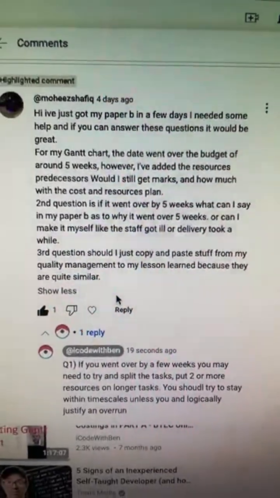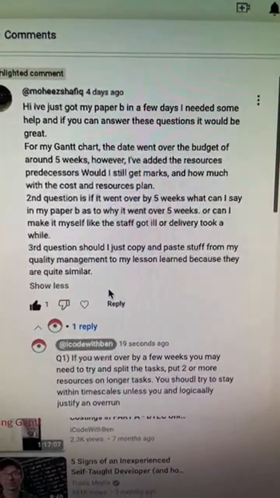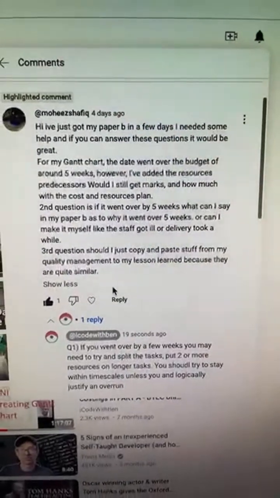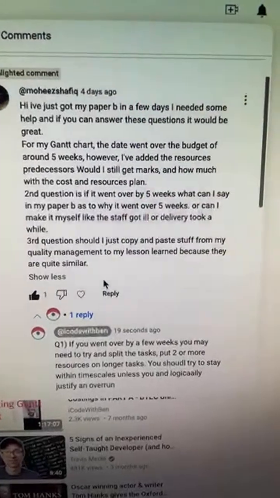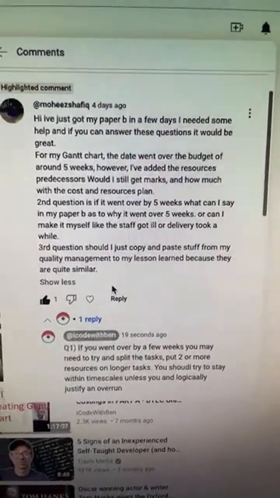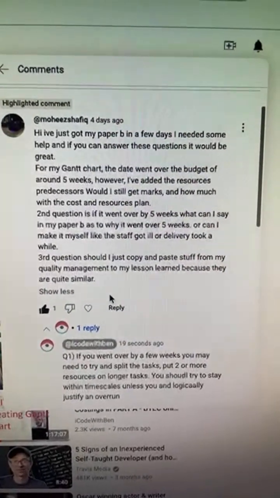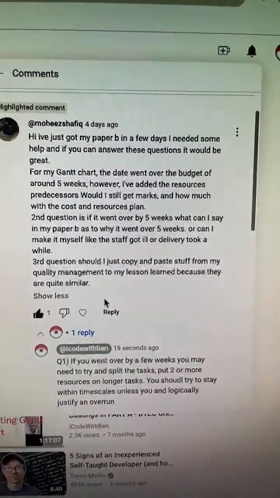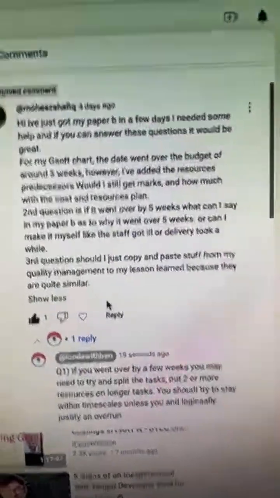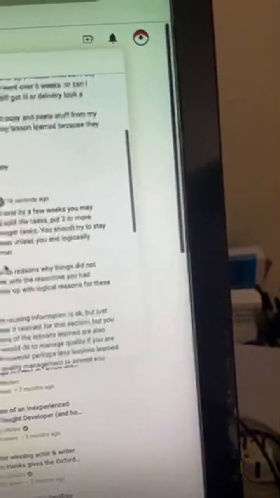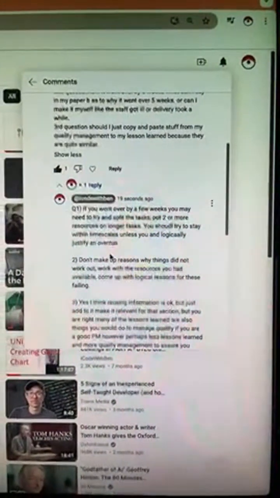Then in the second question, it says, if he's gone over by 5 weeks, which he did, what can I say in my paper B as to why it went over 5 weeks? Or can I make it up myself, like the staff got ill or delivery took a while? Right, so let's just talk about that. Basically, this is my answer to his question: if you go over by a few weeks, so go and look at this